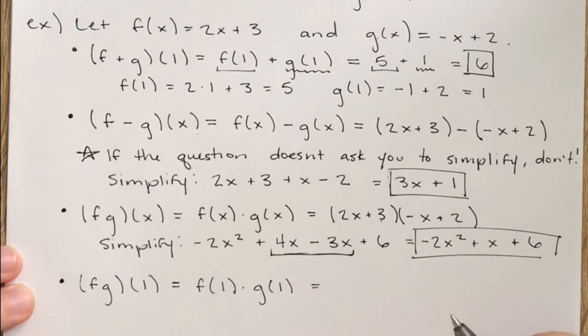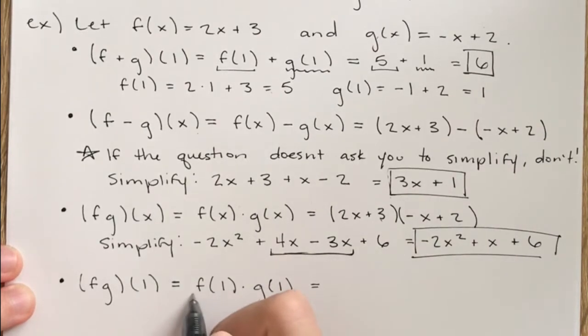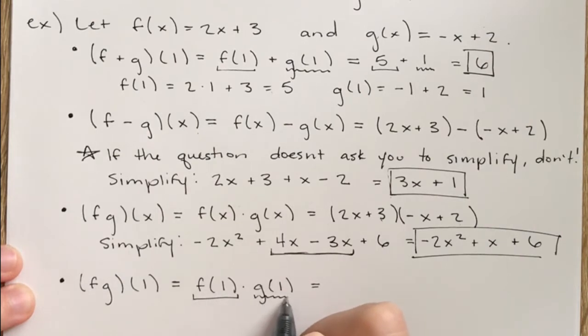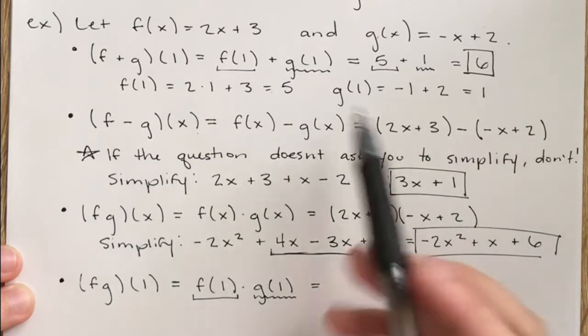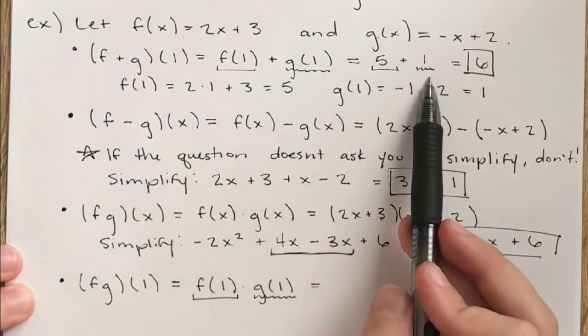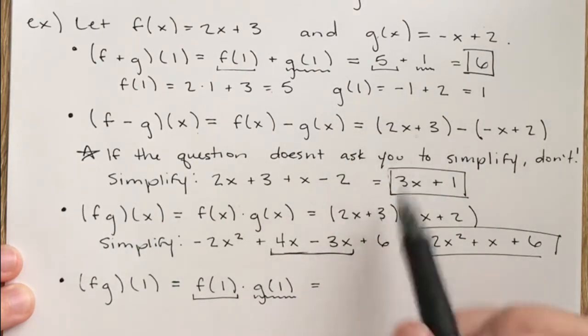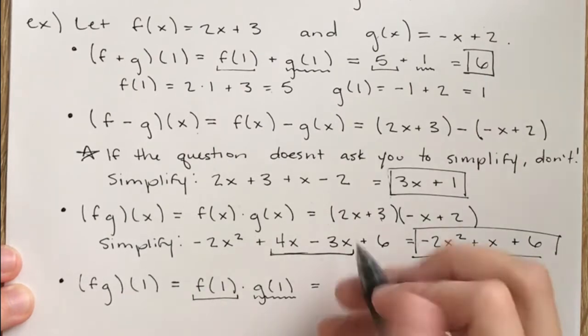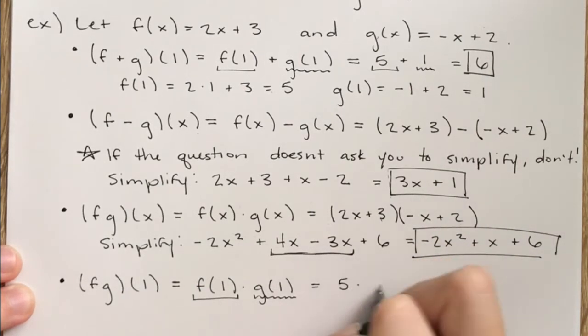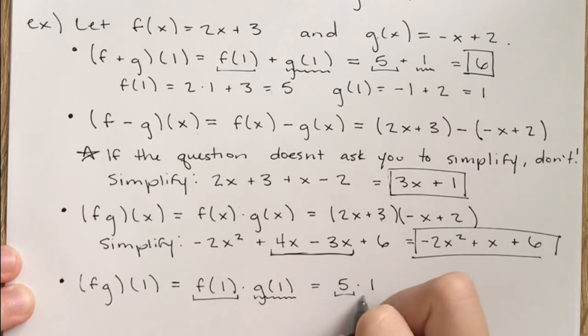Well, again, we just replace things with more useful things. We already know what f of 1 is and what g of 1 is. We found it out earlier. It's 5 and 1. Except instead of adding them together this time, we're multiplying. So we have 5 times 1,